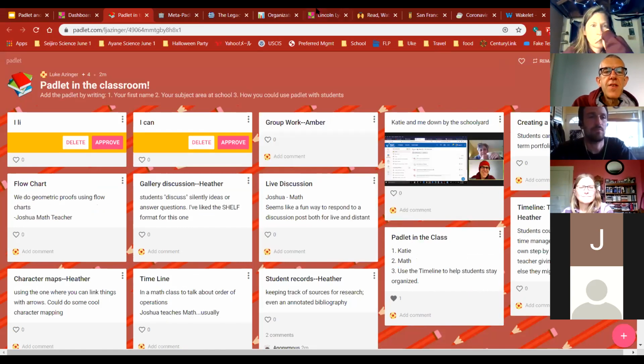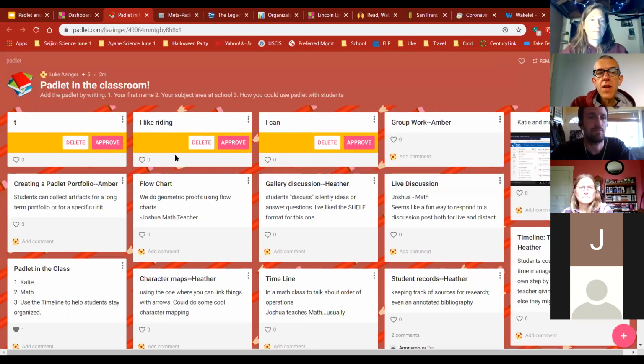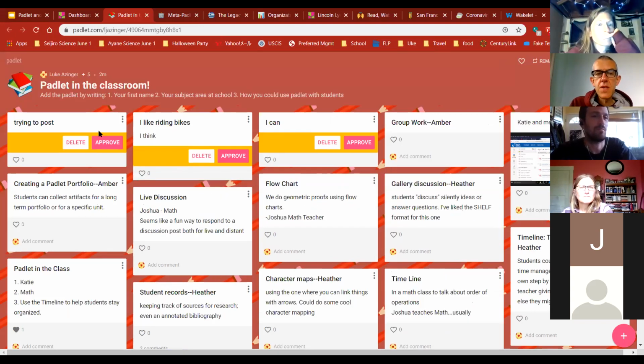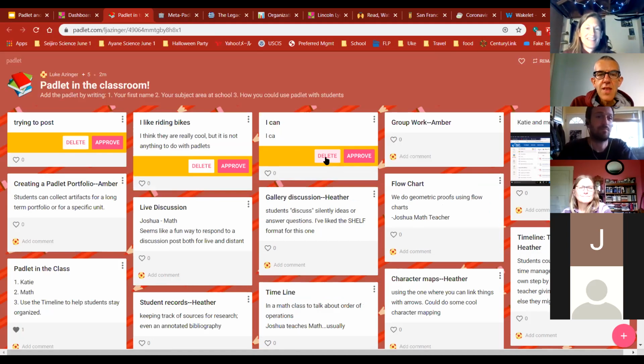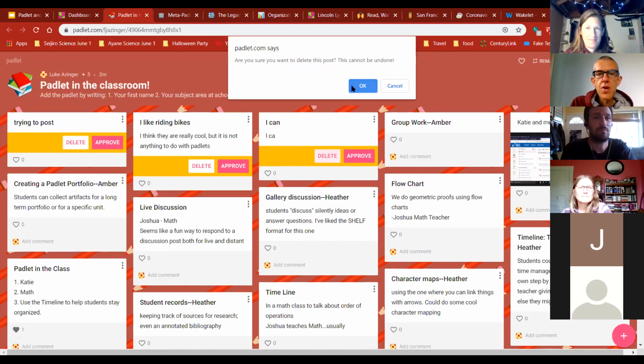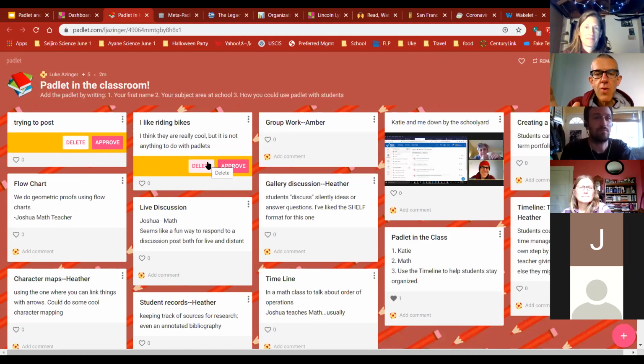So this is interesting because if you notice on my screen, if you can see my screen at all, I can see that a couple of you are typing. I can see that there are 3 people right now that are trying to add posts, and I've got the option to either delete it or approve it. So I'm going to approve this one, and I'm going to delete this one. I'm sure I want to delete this post. Sorry, I don't know who that was. It doesn't say who it is, but